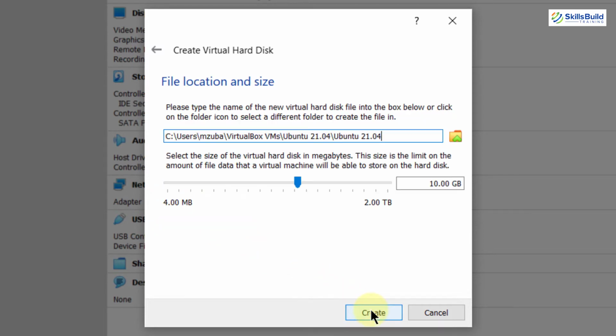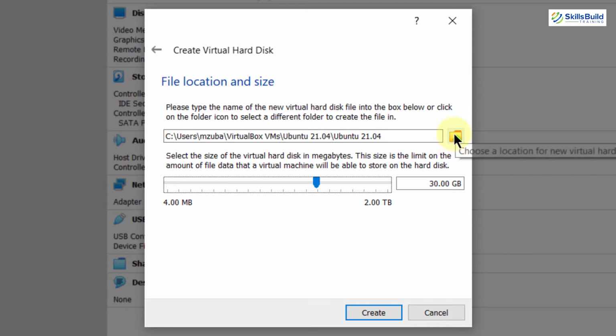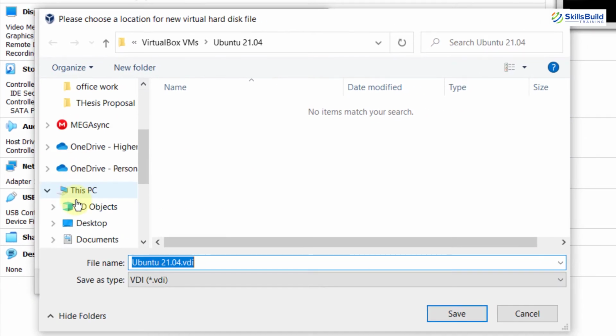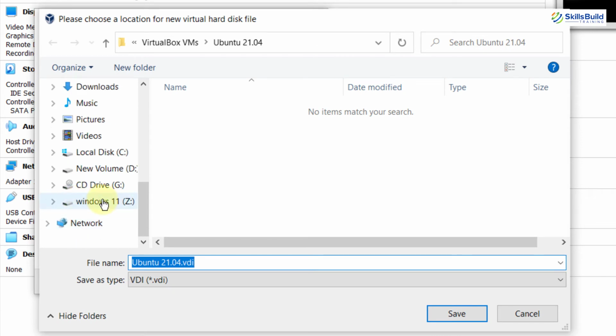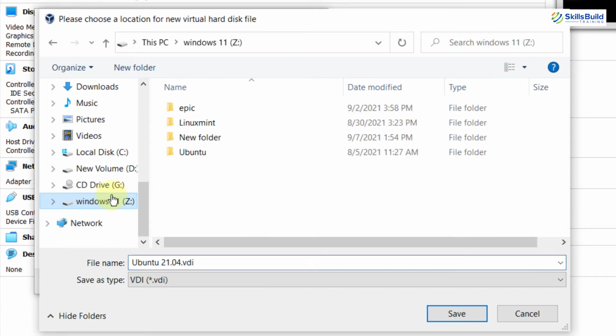After that, just click on next, and here we have to allocate the space, or you can say the hard drive space, for our new virtual machine. I will allocate about 20 or 30 gigabytes. I will go with 30 gigabytes. Here we are, and this is the repository where our virtual machine will get created. In case you want to change your repository, just click on this folder icon. I will just click on it, and I will go to the directory where I want to have this Linux distribution. So I will just go to my directory.